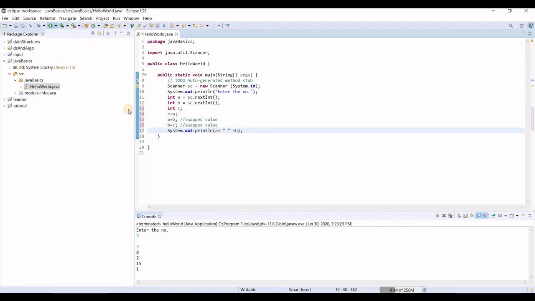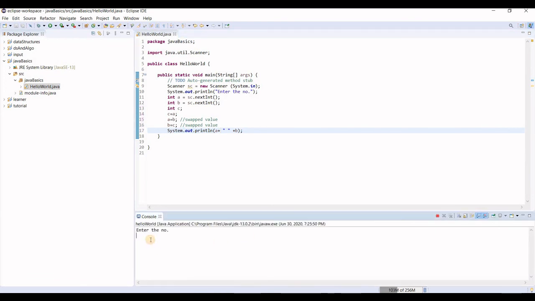Okay. Let's enter two numbers, say 10 and 20, and it prints 20 and 10. That is, value of a becomes 20 and b becomes 10. However, while input, we gave value 10 to a and 20 to b. So this is what swapping is.